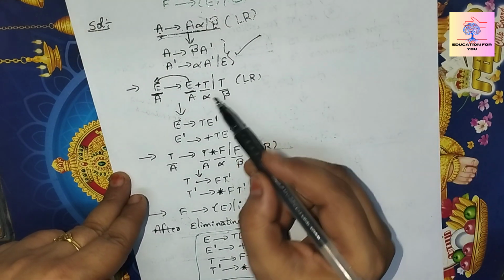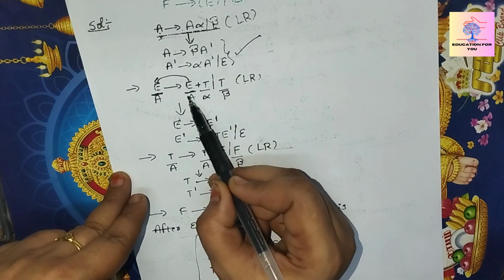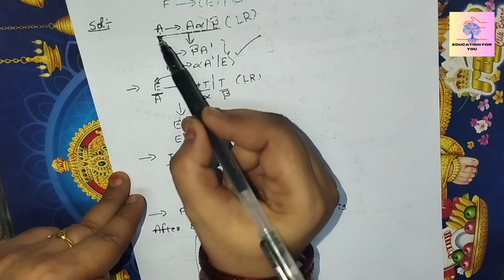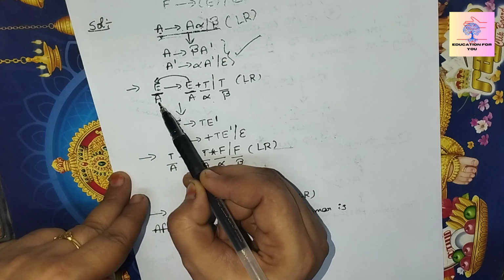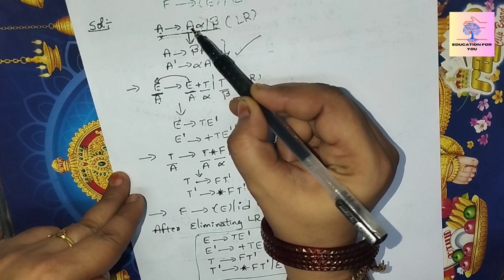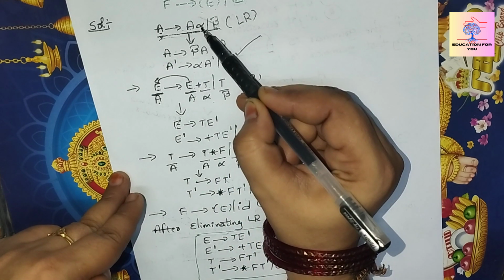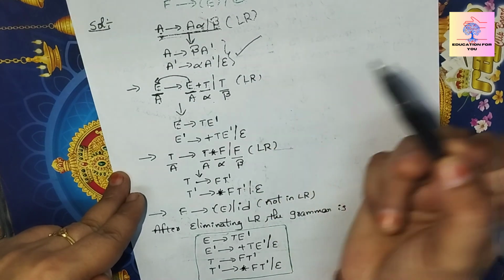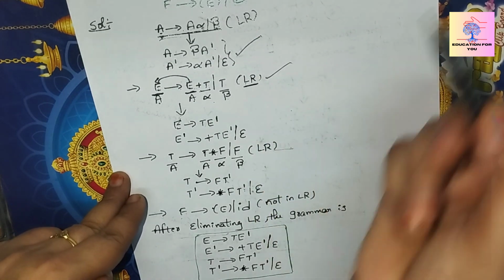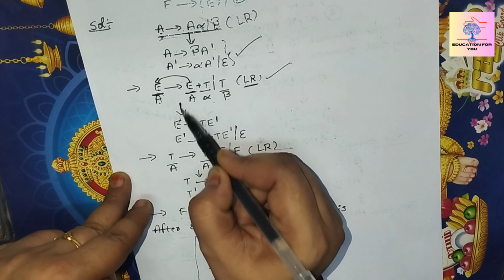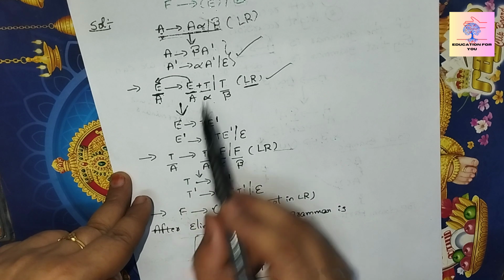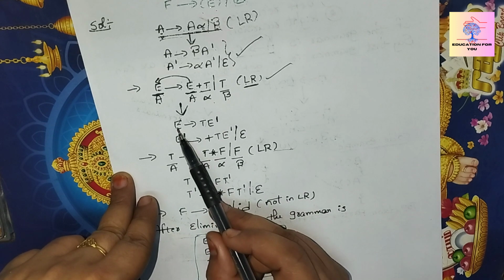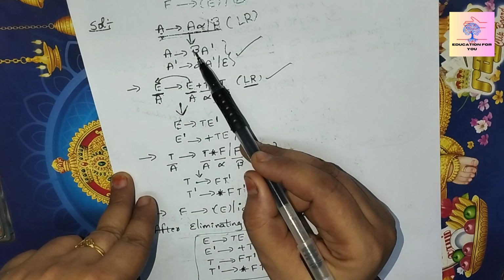First we have to identify what is meant by A in this production, what is meant by alpha, and what is meant by beta. E is A here, and here also A is the same. What is alpha here? Plus T is alpha. What is beta here? T is the beta. Now it is in left recursion, so we have to replace this production with two production rules. First, A means E, it produces beta, which means T,